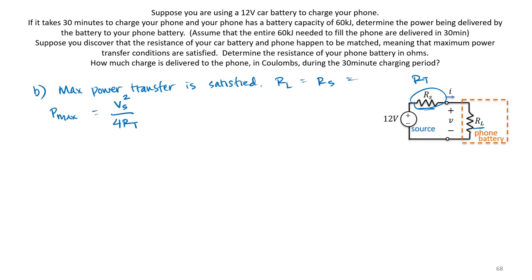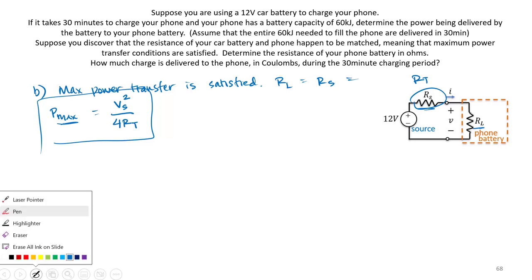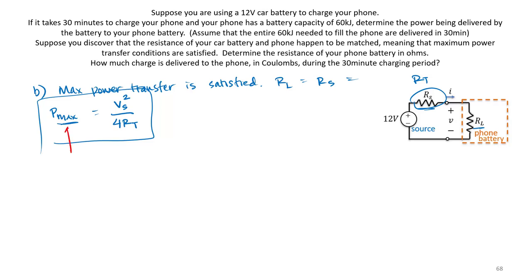Oops, I'm sorry, I forgot the squared. Remember, by maximum power transfer, our maximum power will be Vs squared over 4RT. Well, would you look at that? We just determined that we're transferring 33.33 watts,